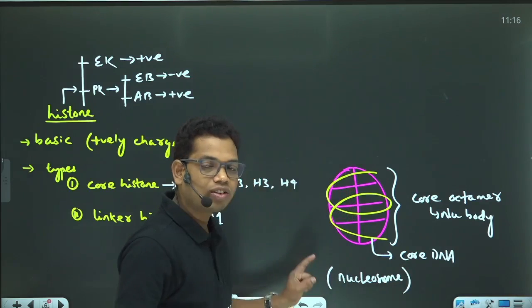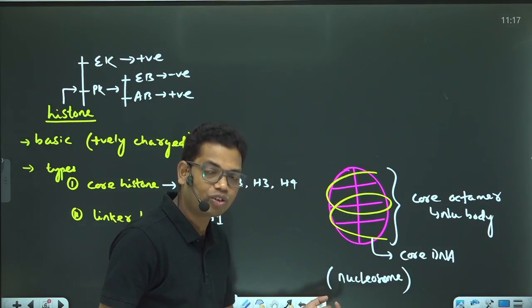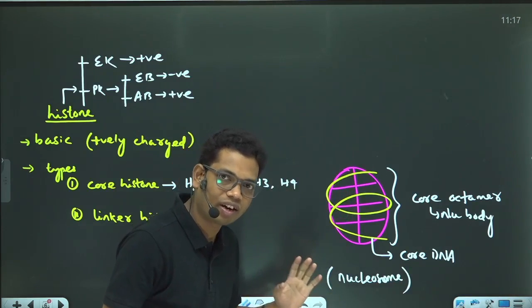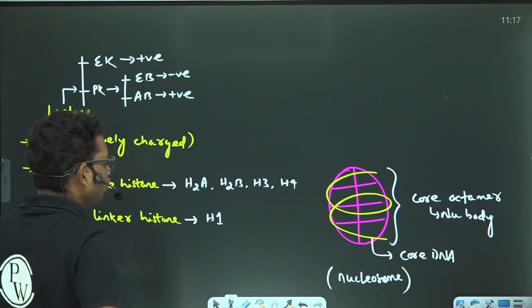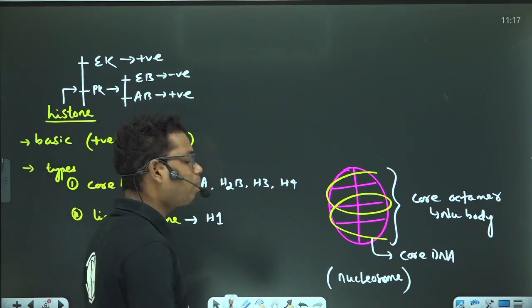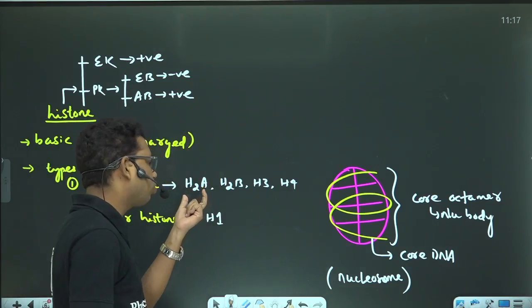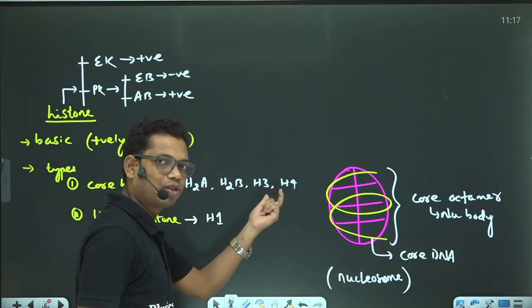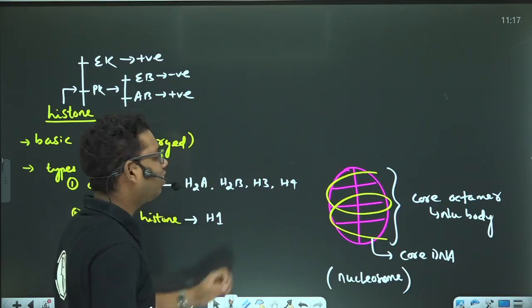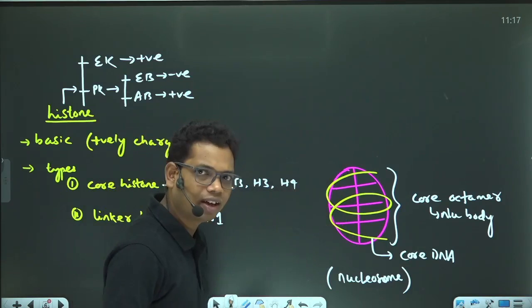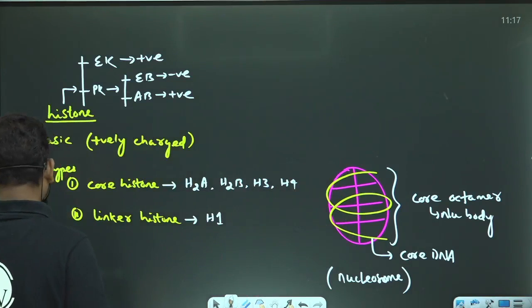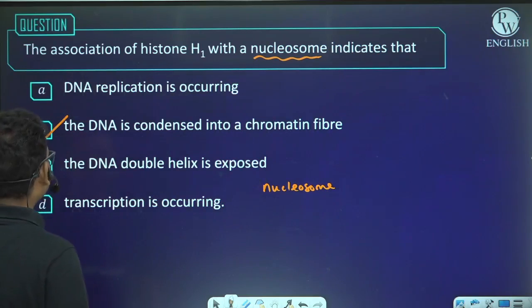So nucleosome does not have H1. Remember one thing, H1 is not a part of nucleosome. This is very, very important. Which are present in nucleosome? 2 copies of H2A, 2 copies of H2B, 2 copies of H3, 2 copies of H4, and the core DNA. Okay. So now,